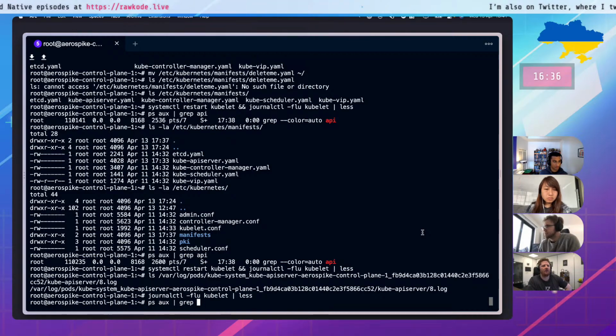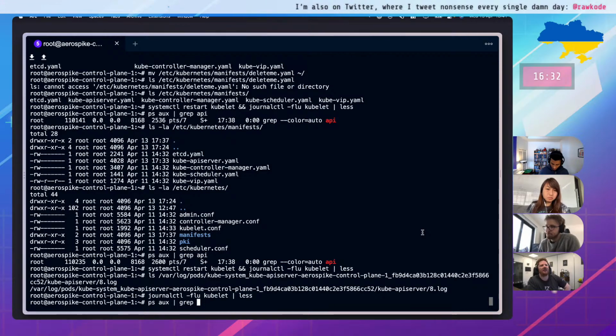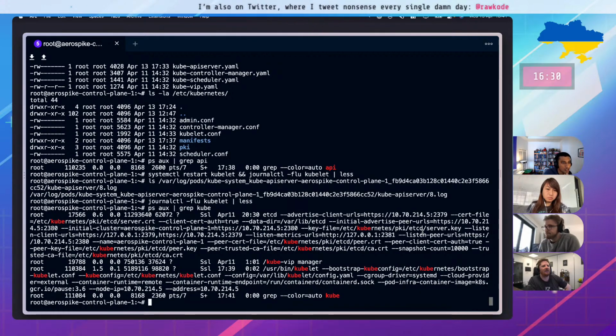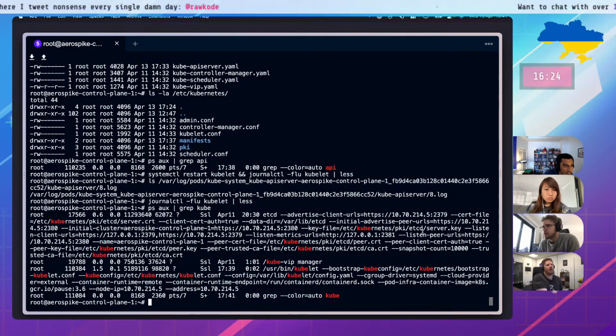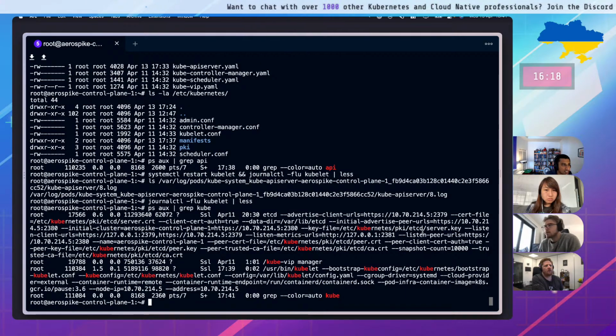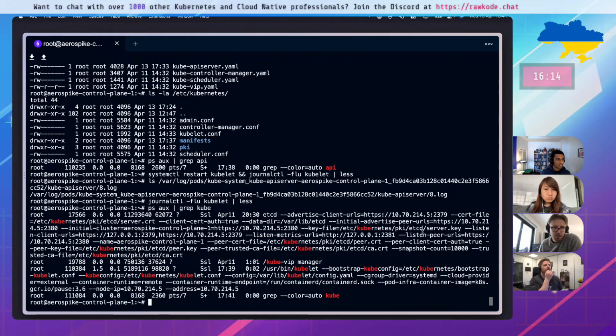Oh, API would come up with that. Yeah, there should be a kube-scheduler, a controller manager, an API server, and etcd. All right. So etcd is up there. So etcd and kubelet we have, but nothing else. So we expect scheduler.